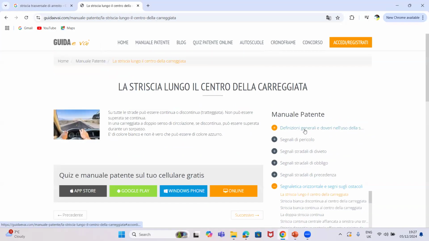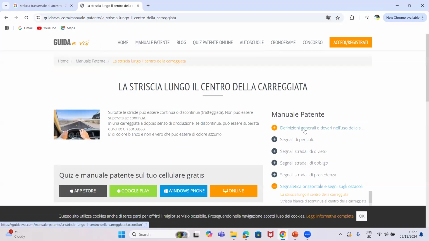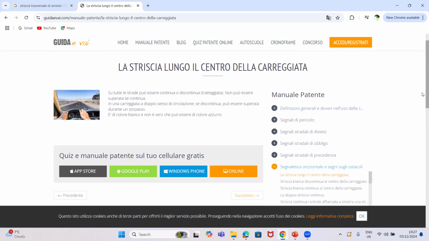So guys, Segnaletica Orizzontale. What is Segnaletica Orizzontale, guys? Everything with it is very, very simple. I will do revision here. Everything they paint on the ground, if you want to write it down, write it down. Any segnale they paint on the ground is called Segnaletica Orizzontale or Segni sugli ostacoli. That's the name they call them, so you can be using the technical name. Anything they paint on the ground, they call Segnaletica Orizzontale. Is it clear?